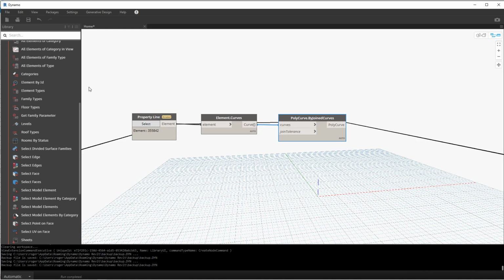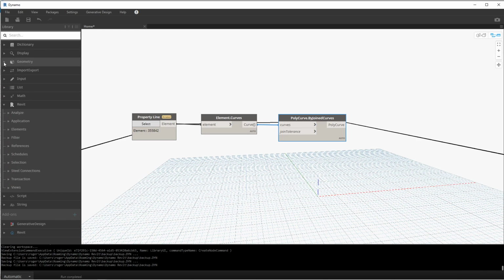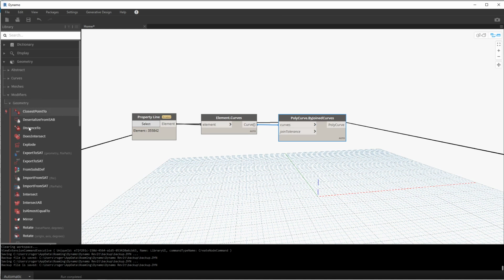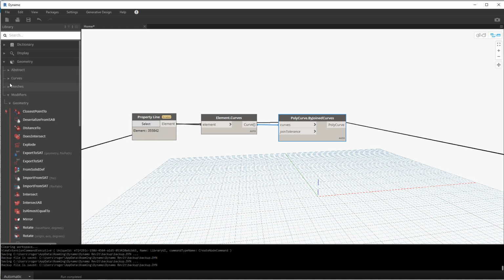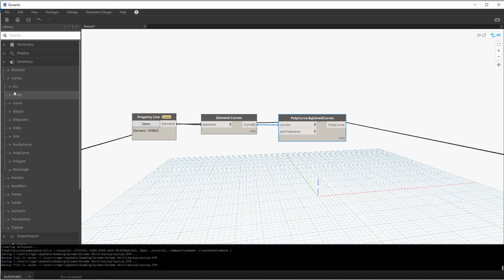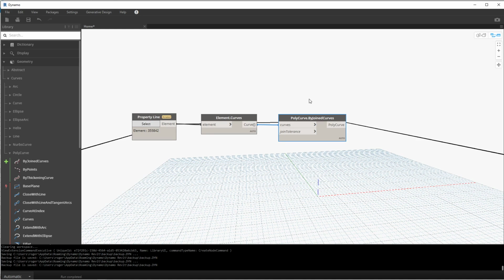One of the ways to help yourself out is to not use these shortcuts anymore. There's geometry, and modifiers to geometry, and you can go in and start to individually search for the certain kinds of nodes. For instance, we're working with curves, and there should be modifiers for this: PolyCurve, and the first one is By Join Curves. Keep in mind I'm doing shortcuts to make it a little speedier at the first part of this evaluation